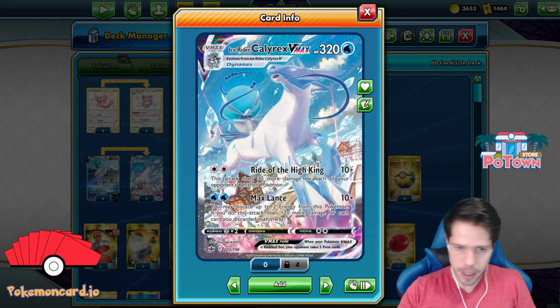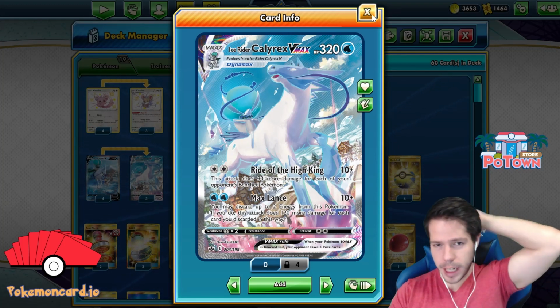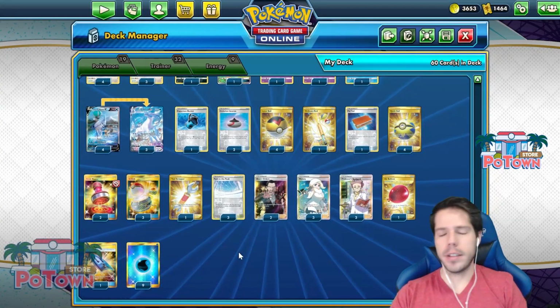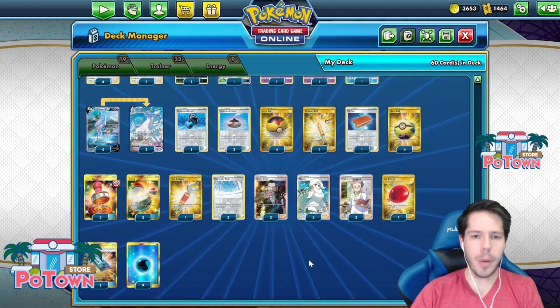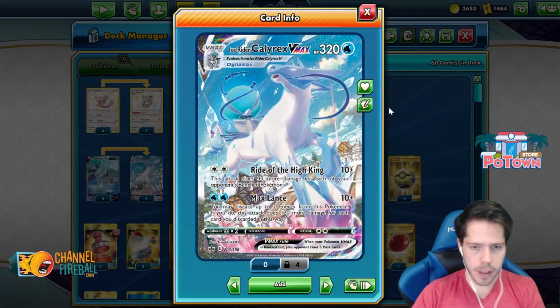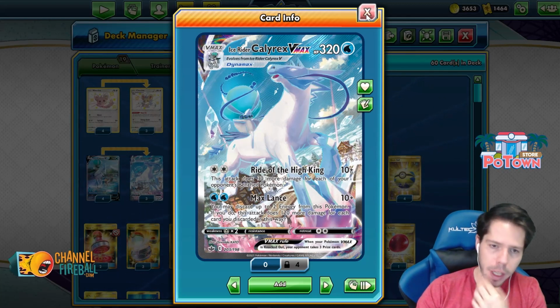Now the big glaring annoying thing right here is the metal weakness for sure for this deck. It is super annoying. However, we could end up playing Weakness Guard Energy. We'll have to see. I mean, obviously ADP is going to continue to be very popular, but I don't know. I feel like this deck could definitely have potential, and there's definitely merit to playing Weakness Guard Energies with it,